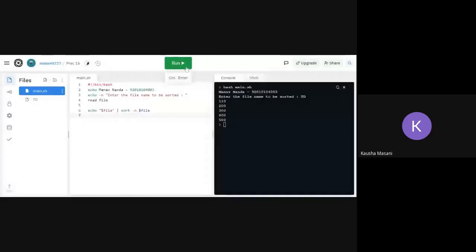Keep whatever things you need to keep ready. Manav, present me the screen. Visible.